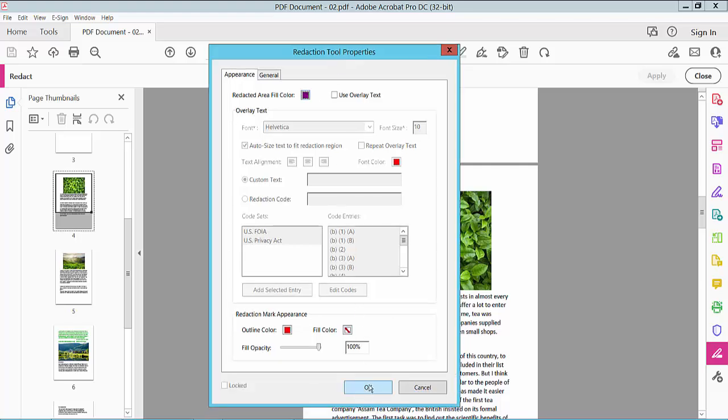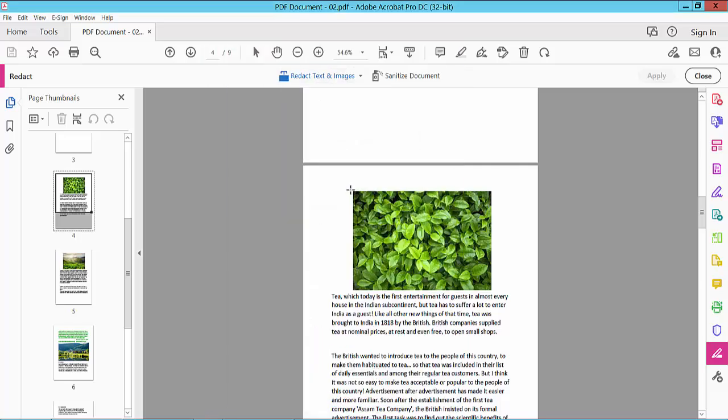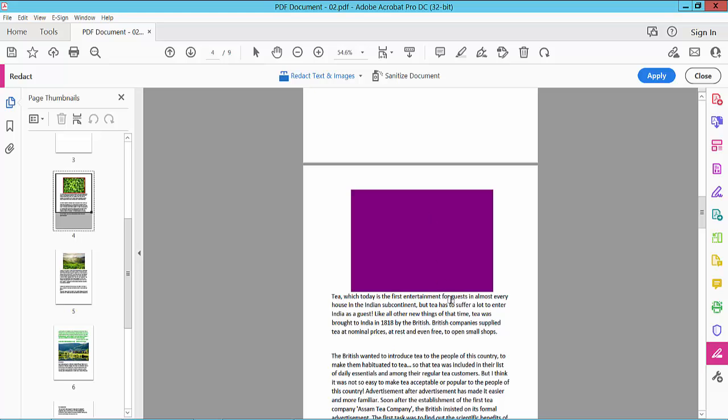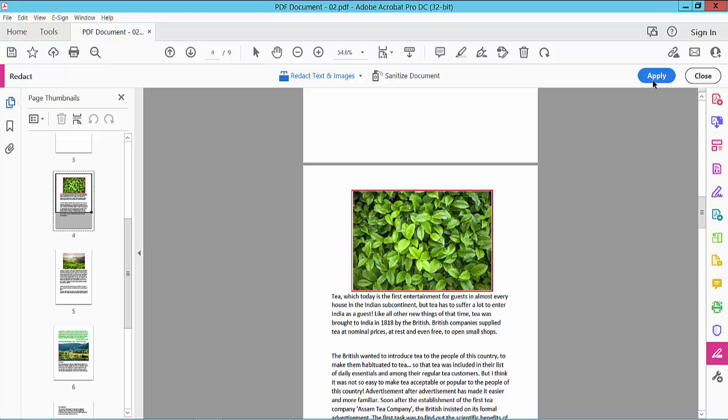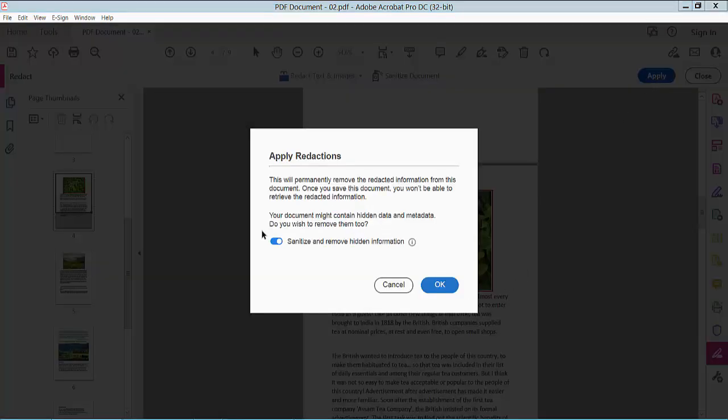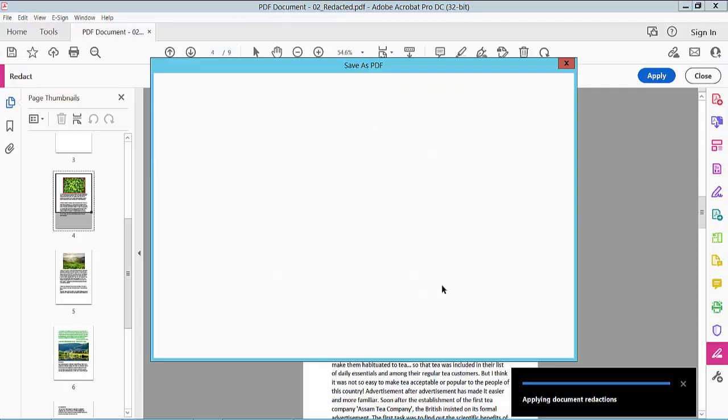Now select OK and drag your mouse cursor to select the image area, and see this preview, and simply select apply. And let's select price, select OK,